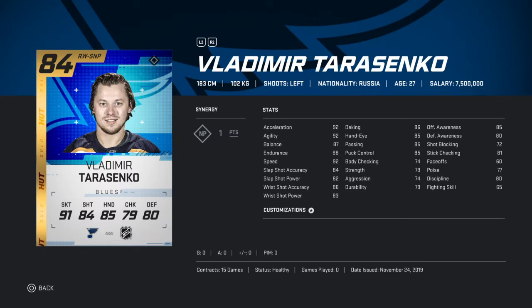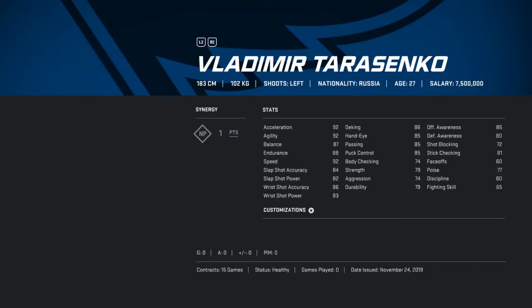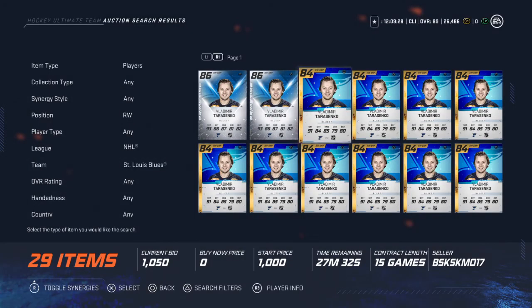Another synergy I personally love. He's got 92 excel, 92 speed. His shot, 86 accuracy, 83 power. You can't go wrong with that. He's just unreal on the ice, and I really like Tarasenko. He's a phenomenal player. So moving on to a little bit more expensive players, and I only have a few of them,